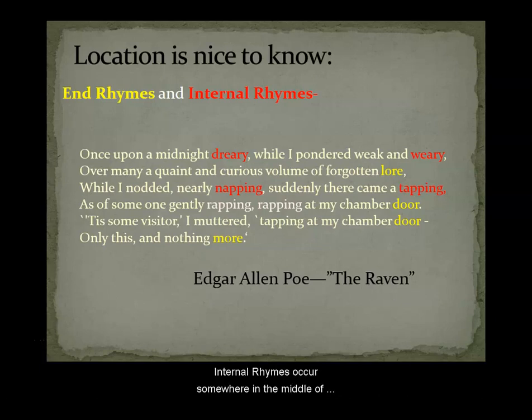Internal rhymes occur somewhere in the middle of the line, or across two lines. They are sometimes less obvious on the page, but seem very clear when they are read aloud, as in the passage I just read from The Raven. Internal rhymes create an echo effect, and often show a connection between individual words more than entire lines of a poem. It might also be a way to divide a longer line of poetry, as in The